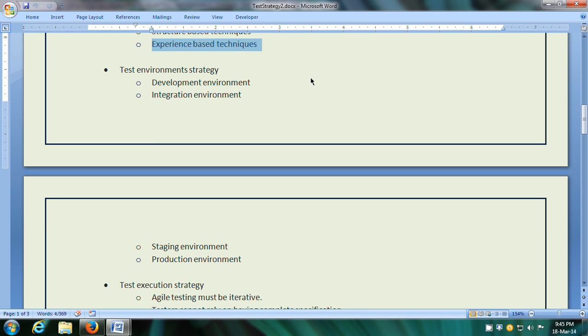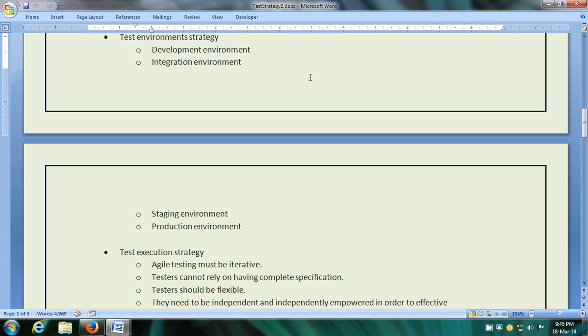Then the next section is the test environment strategy. So here you can specify what all the different environments you will use in testing. So first is the development environment. So development environment you can specify will be used for unit testing, functional testing, and acceptance testing.